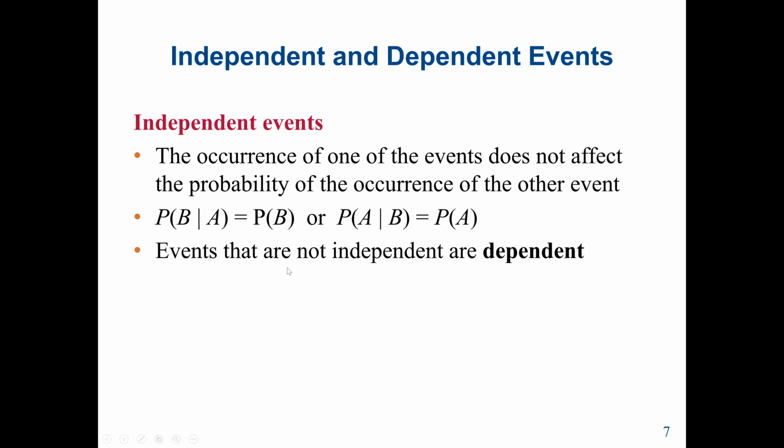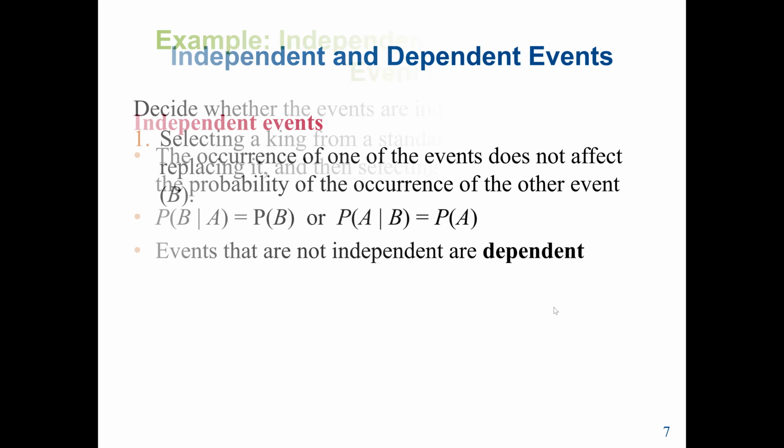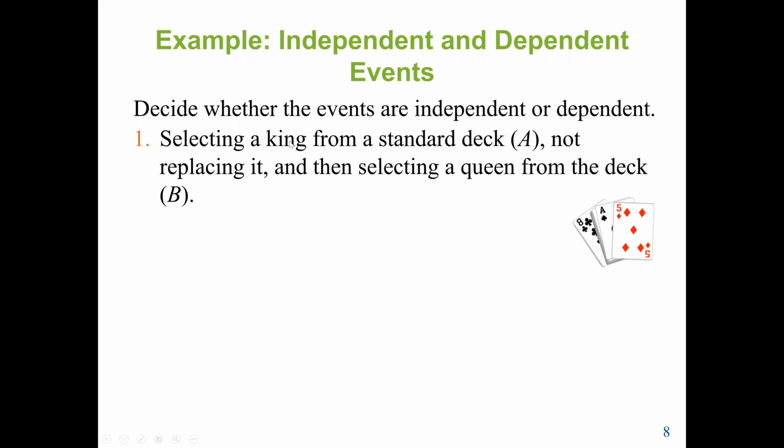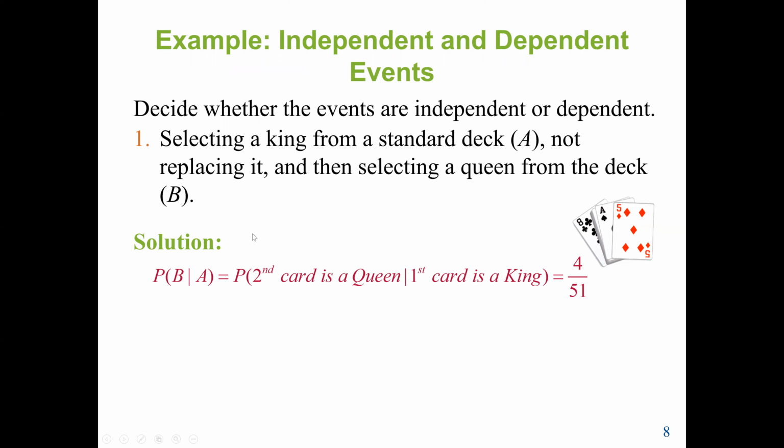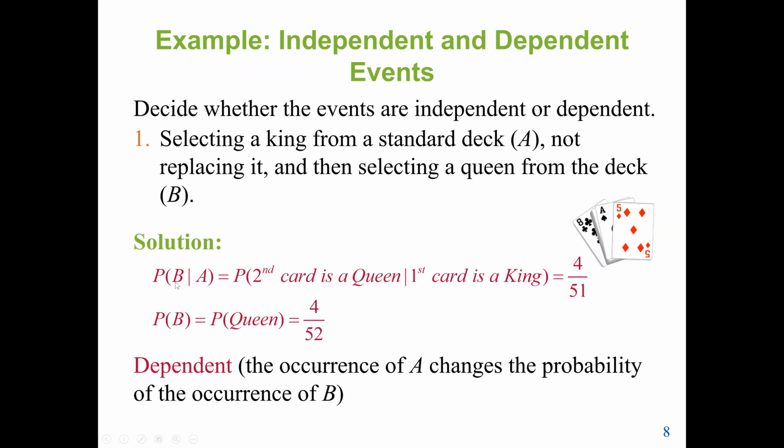So events that are not independent are called dependent. Let's see one example here: deciding whether the events are independent or dependent. Selecting a king from a standard deck, A, not replacing it, and then selecting a queen from the deck, which will be B. So here, our solution says that the probability of B given A,